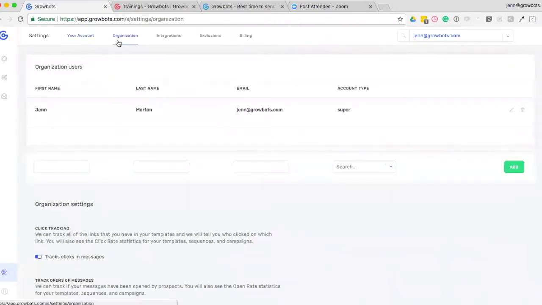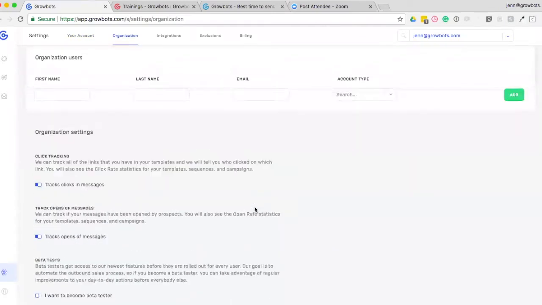Under organization, we have the ability to add other users to your team. Just fill in first name, last name, email, select the account type, and hit add. New users will get an email with an invite to join the team. We also have more settings below,